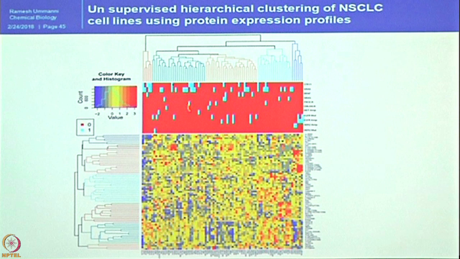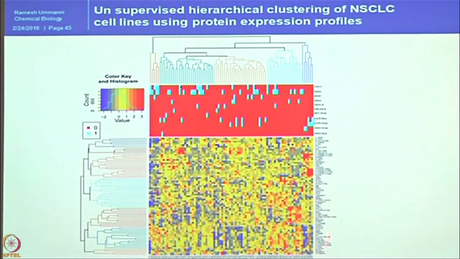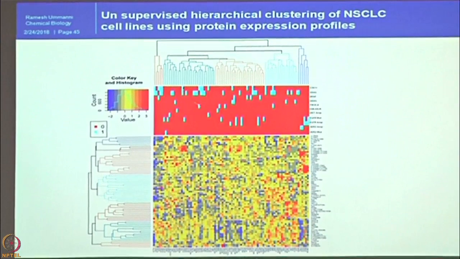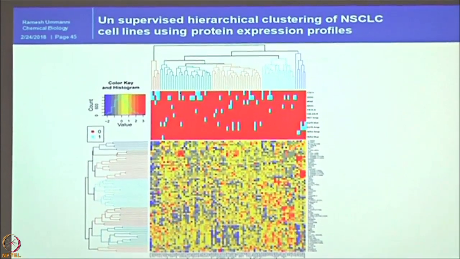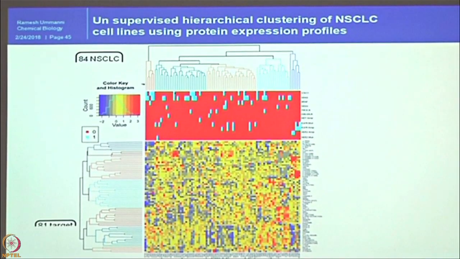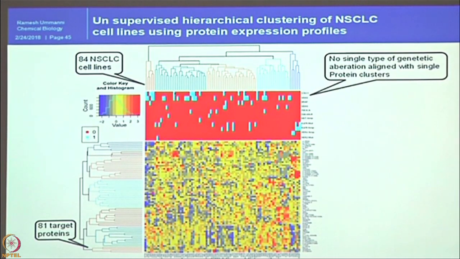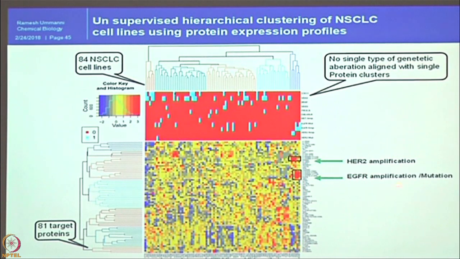Here the cyan color indicates the presence of the mutation, and red color is the absence of the particular mutation. When we try to align this, none of these concentrated areas align with the cyan colors, so it is widespread, you can see that. But here we need to take an intelligent decision. What we have done is take a closer look. Here we can see that HER2 amplification and EGFR amplification are mutation signals. The activation of EGFR pathways is nicely aligned with these three places here. You do not see any cyans here, right.